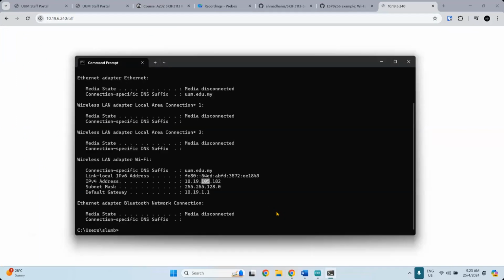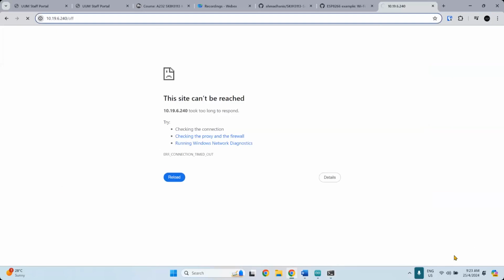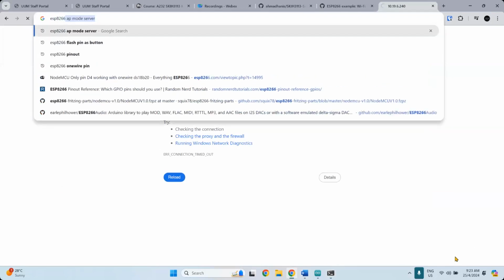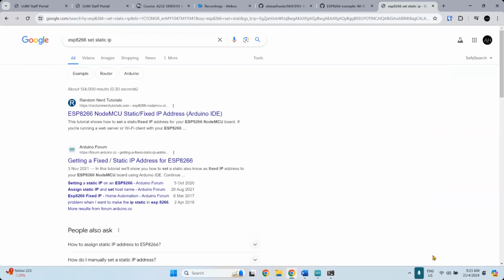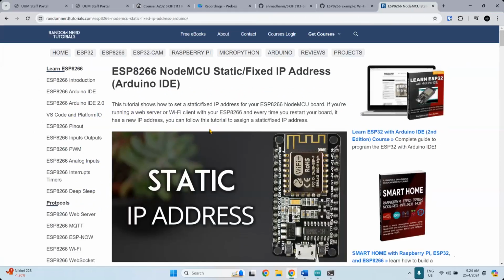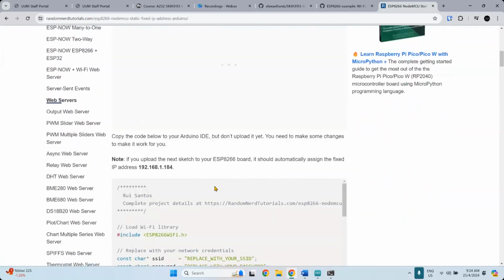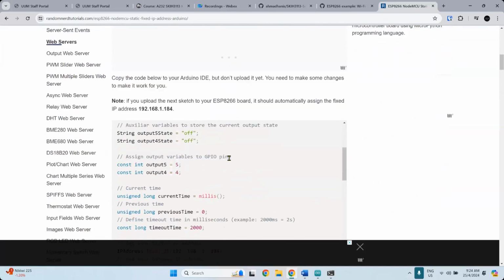A different IP address, but I think I can provide a static IP address. Let me try to provide a static IP address. That means I'm going to follow my address here, which is everything at the front here. Let me try to do that. ESP8266 set static IP. Okay, but a static IP address can be quite dangerous, because sometimes you override someone else's IP address. You are running on the same IP address as someone else, so you might have issues with that. So let me try to get that IP address static.